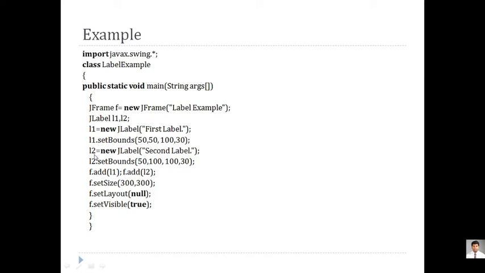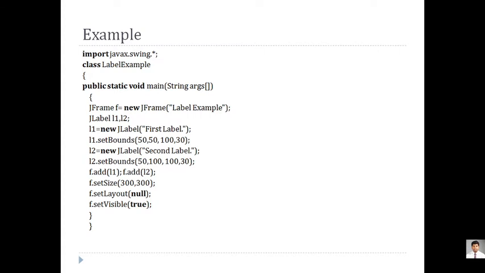Same way, I have added a second label. Already it is being initialized at the second line. Now here I am creating an object. Label 2 is equal to new Label, and I have given the name as "second label", and I have set it at a specific location by using a function called setBounds, x-axis, y-axis, and the width and height of that label. Now I have added it into the frame, that is my JFrame object.